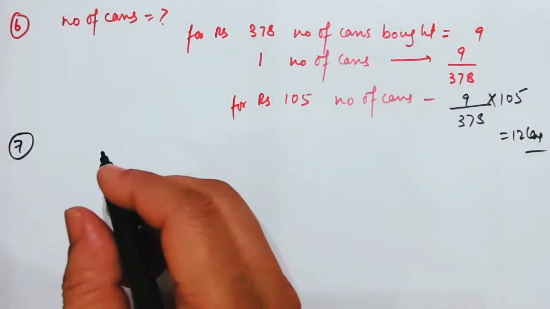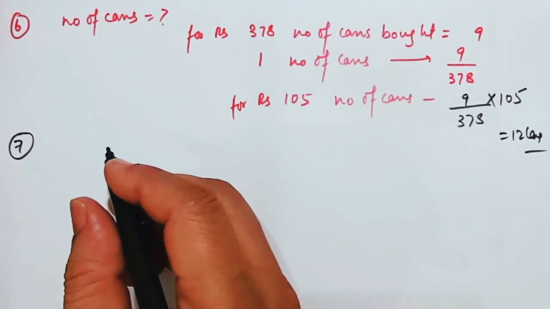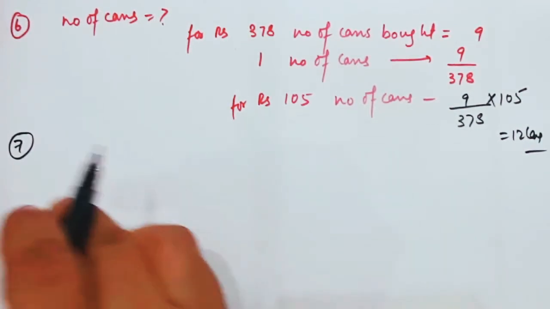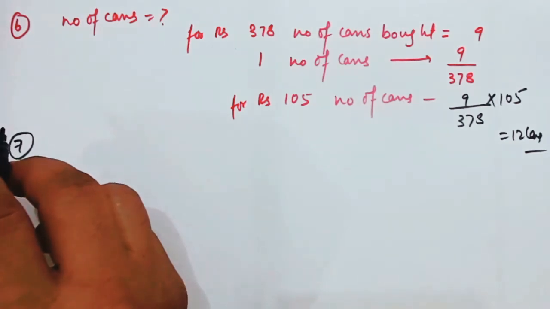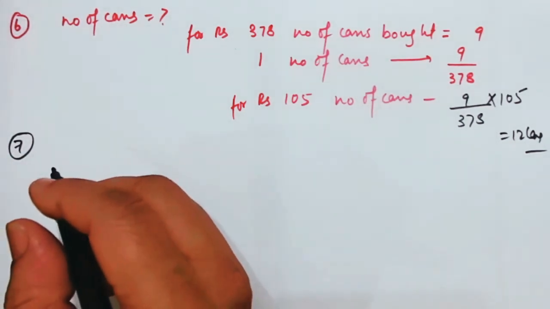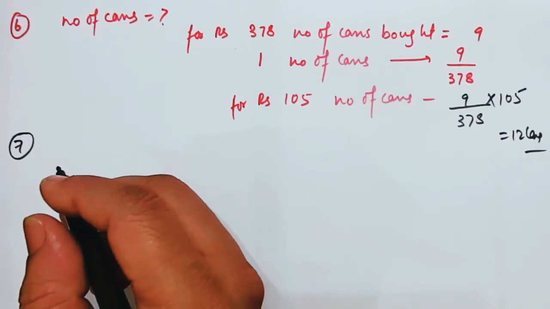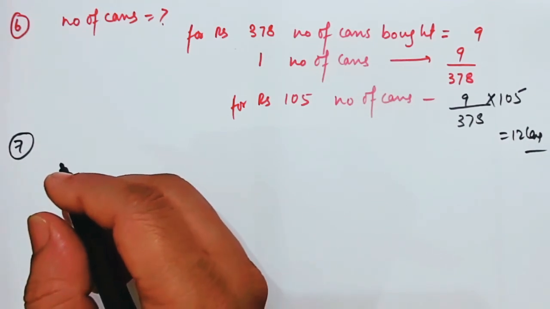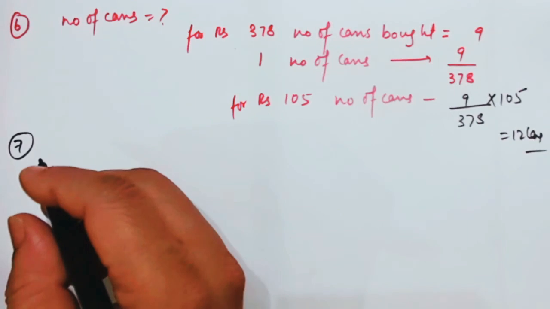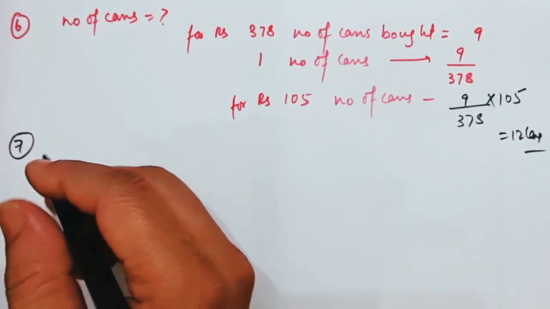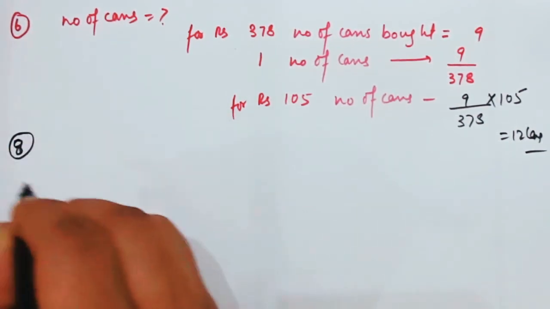A motorbike travels 425 in number 7. Let me see. In 5 hours in number 7. How much distance will it cover in 3.2 hours? Come on, what is this? So why not do number 8? Okay, I am going to do number 8.